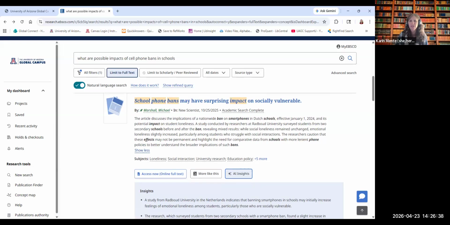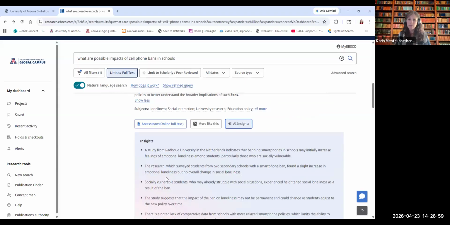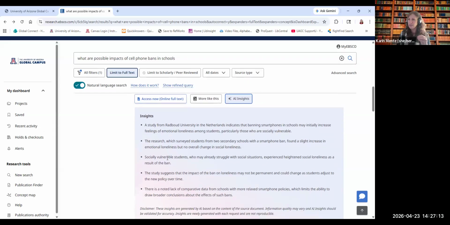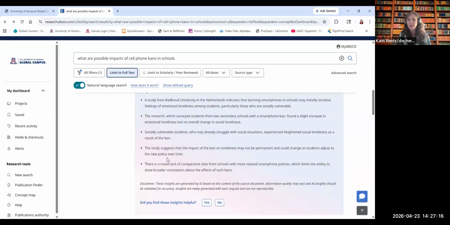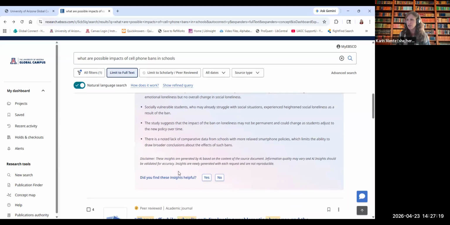I see a question. Yeah, the difference between the insights and the abstract. So the abstract is a summary that the authors put together. Those are written by humans. An abstract is just a summary written by the authors of the article to try and explain what the article is about. And a lot of the information in the insights comes from, rather than the abstract, the body of the article. So it's looking at the discussion part of your article, it's looking at the conclusions, it's looking at the methods that you used, and it's just breaking those down into bullet points. So yeah, it's a great way to just get a snapshot about what the article is actually about.